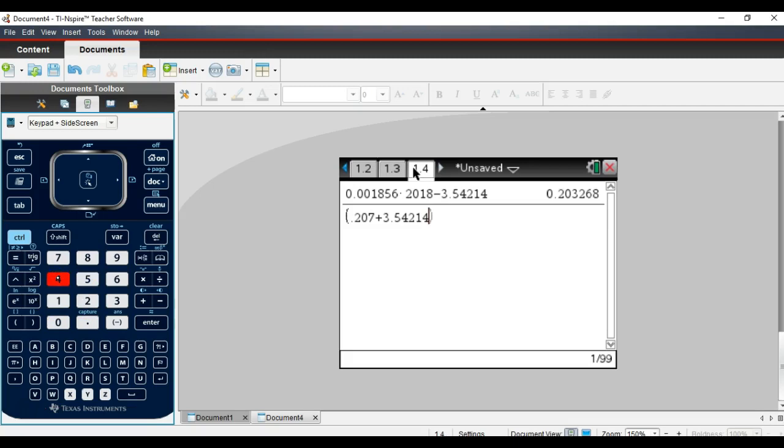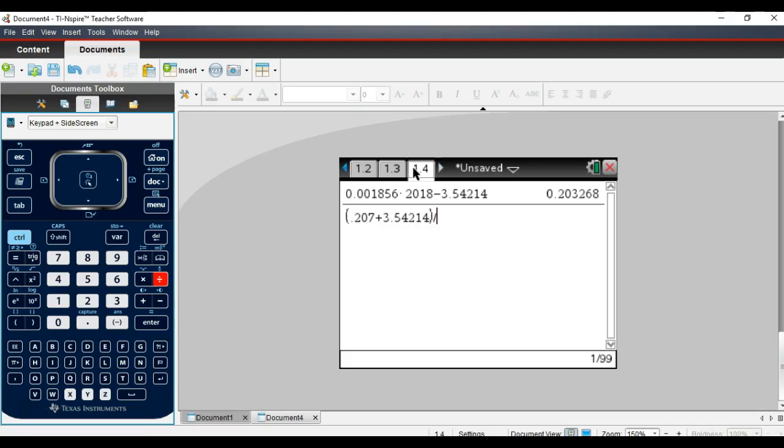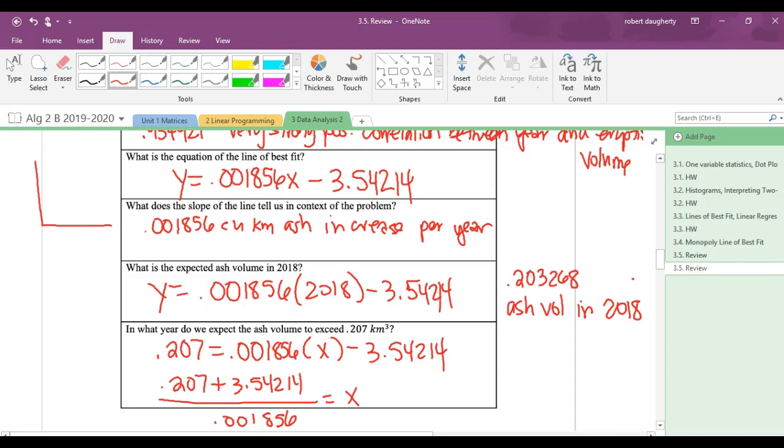Okay. All of that gets divided by 0.001856. Is that right? 0.001856, equals 2020.01. So I get